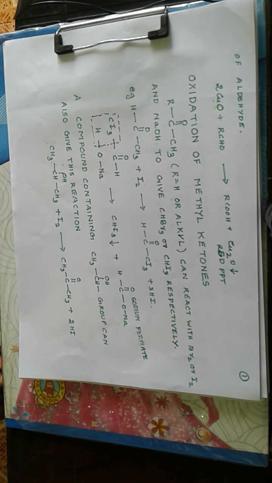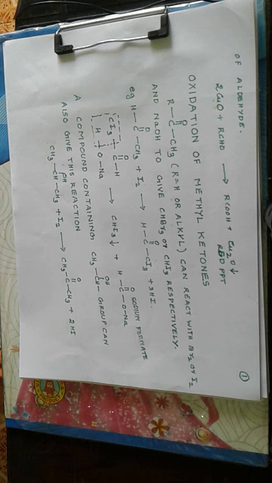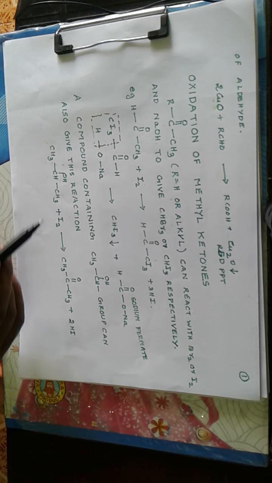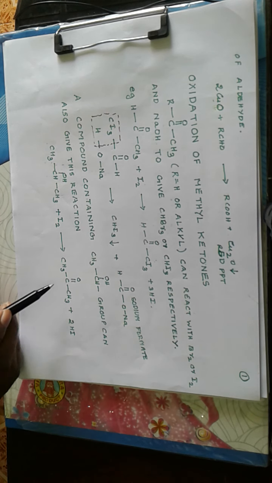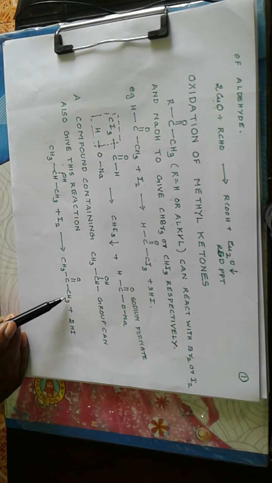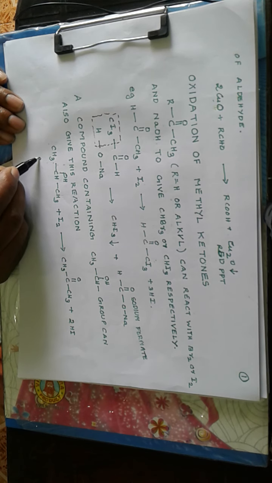Is the product. Now a compound containing a CH3CHOH group can also give this reaction, because iodine is a mild oxidizing agent which oxidizes the CHOH group to a CO group with the removal of 2 H atoms as 2HI, and this can further react with iodine to produce CI3COCH3, and that will react with NaOH, producing iodoform and the sodium salt of an acid. For example, here